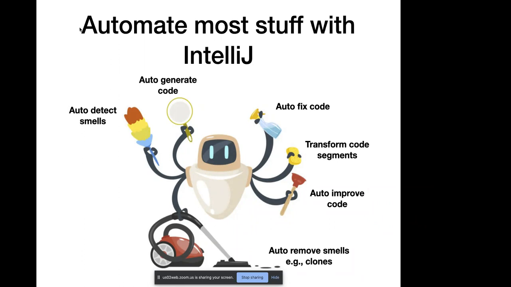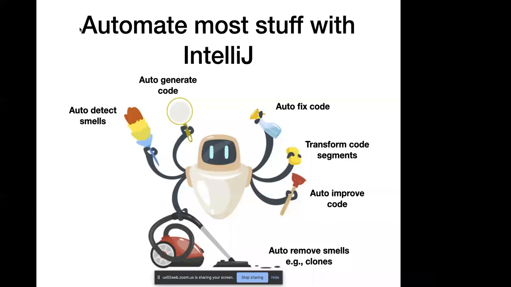But the composite refactorings that you can do, that is what makes it very powerful. For example, let's say you have a very large code base, and you want to improve the code by removing smells. So how do I identify the smells? How do we do the refactoring? Most of it is automated. That's what I wanted to focus on.